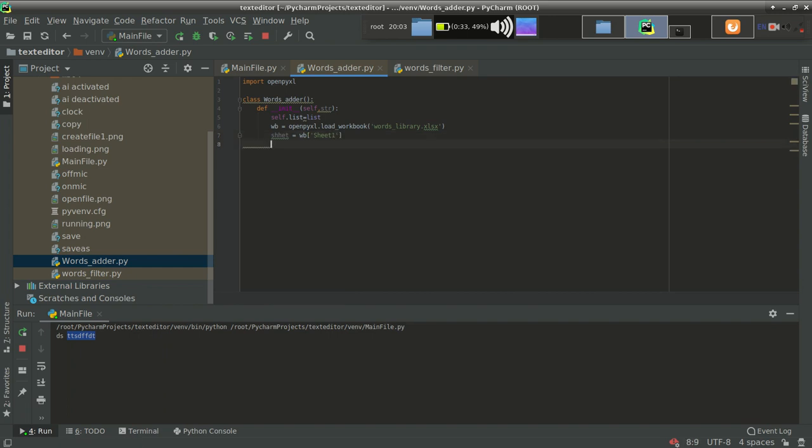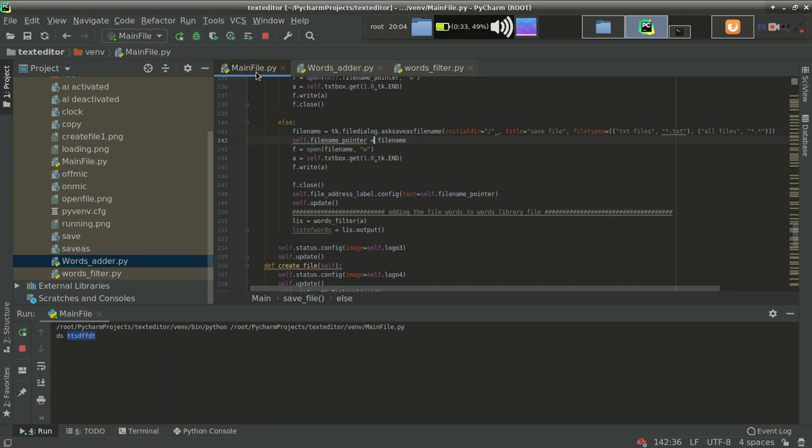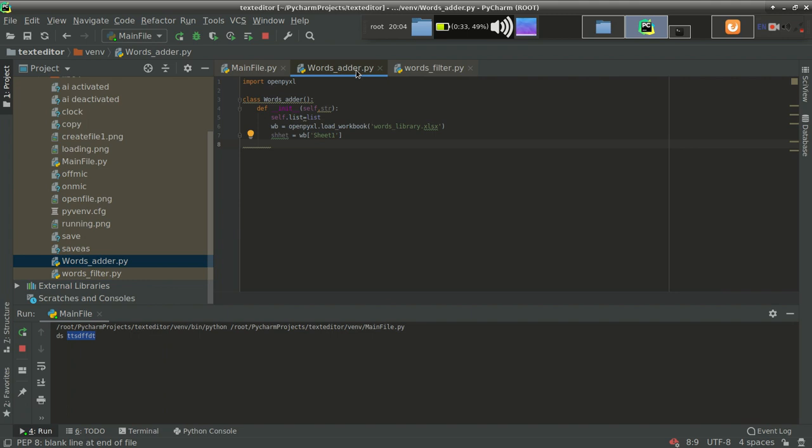So now what I have to do is, I have a list of words. What I want to do is, wait, let's verify. Yeah, actually this word adder does not accept a string.